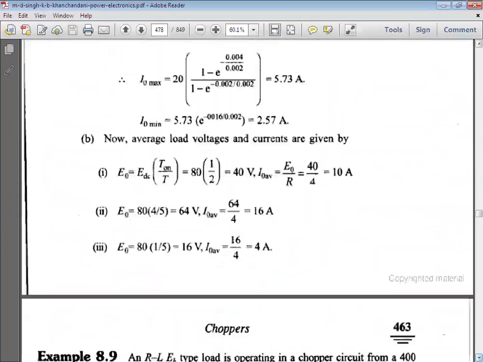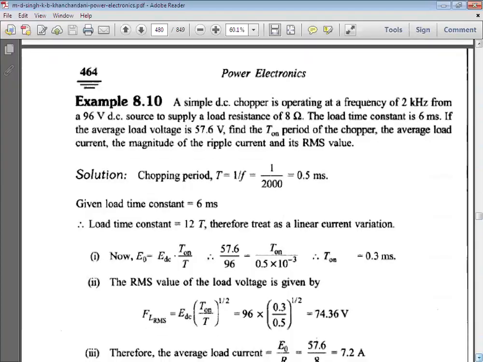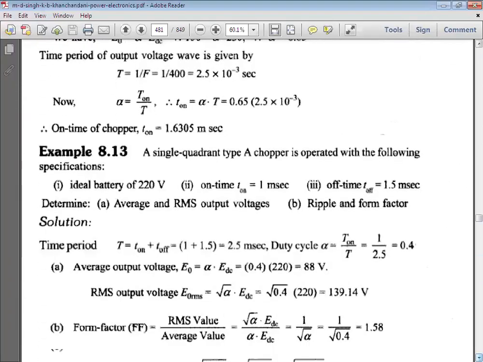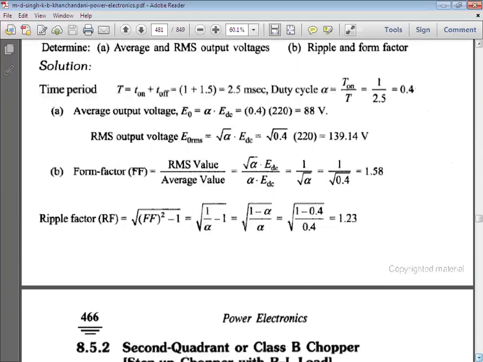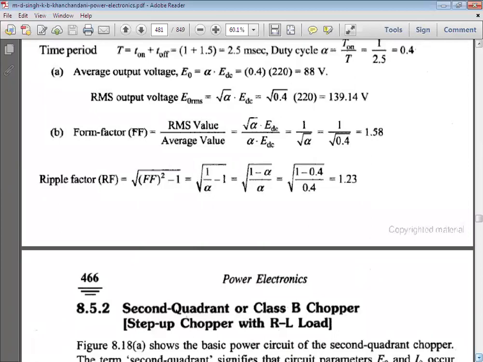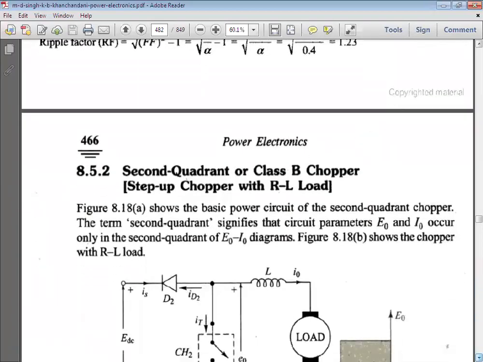Now, directly we will switch to the next type. Lots of examples are given in this book. Some examples are very easy to understand, so you can go for them, and if you have any doubt, please let me know. As these are solved examples, we are not going to waste our time. So directly we are going to the second quadrant